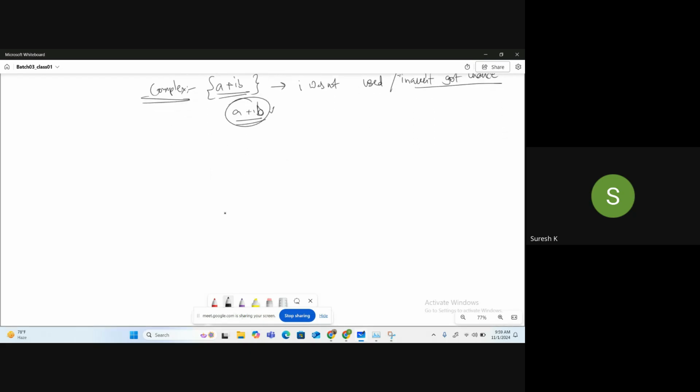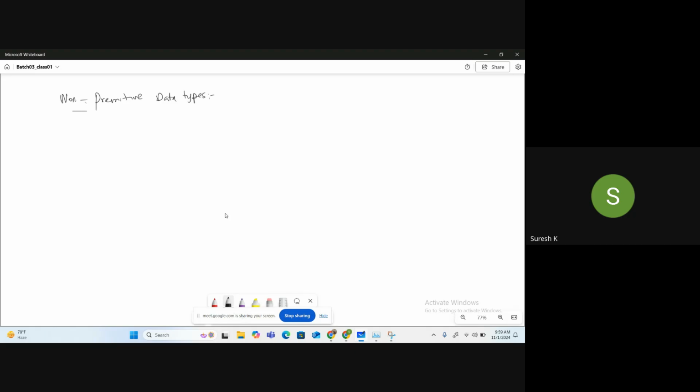Okay. Now, next is non-primitive data types. The first is list, tuple, set, dictionary.